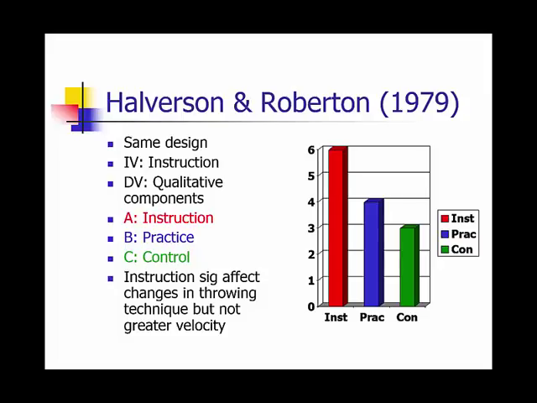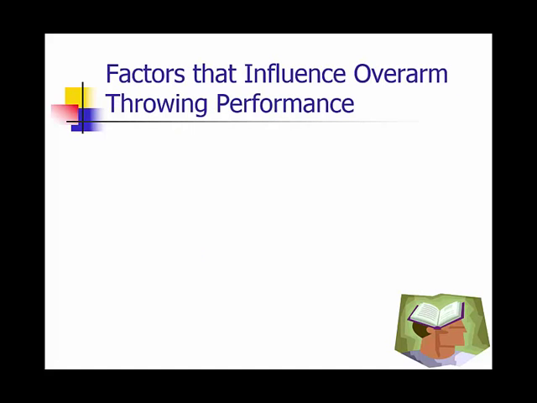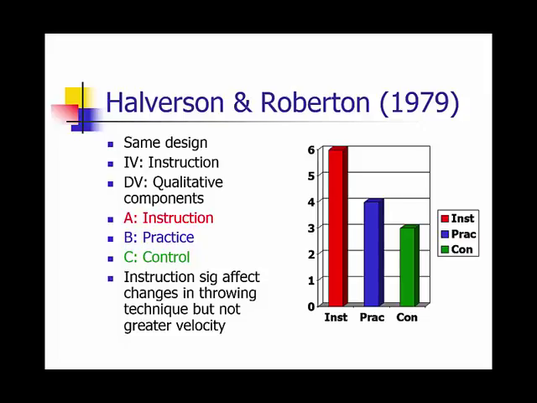So what you can see here is that they found that instruction significantly affected changes in the throwing technique, but not the velocity. So from this, they recommended that any studies that look at the overhand throw should use the technique or the analysis of the qualitative components of the throw as a dependent variable rather than just looking at ball velocity. They also stated from their studies that instruction was an important component when looking at the development of